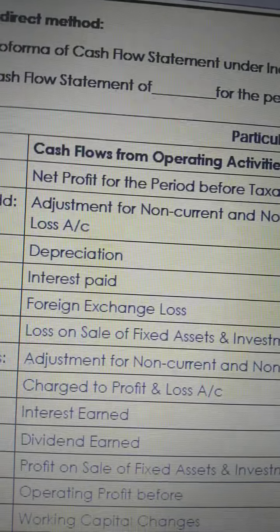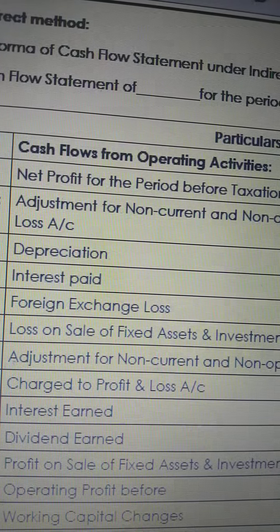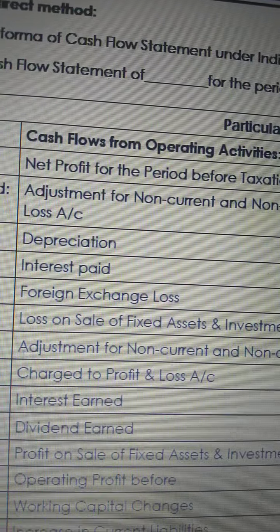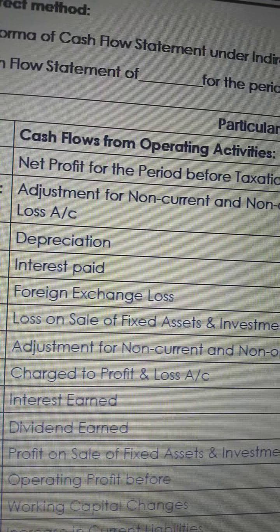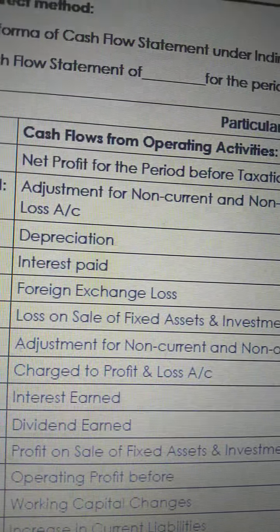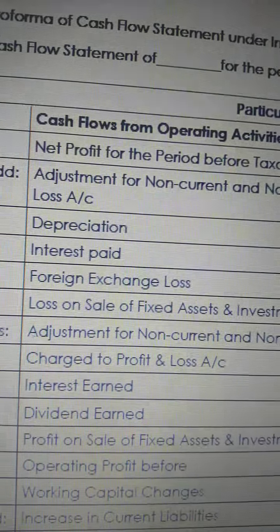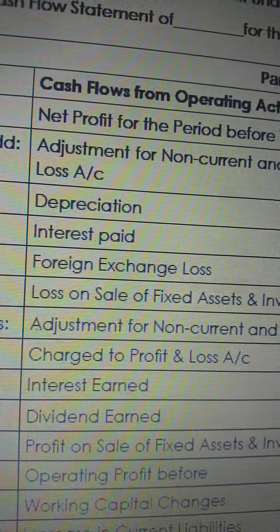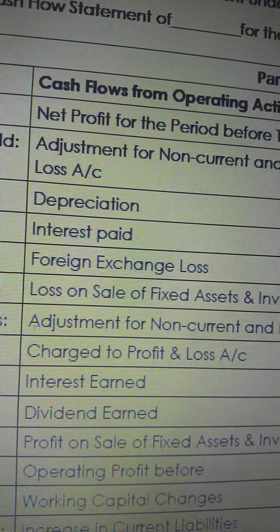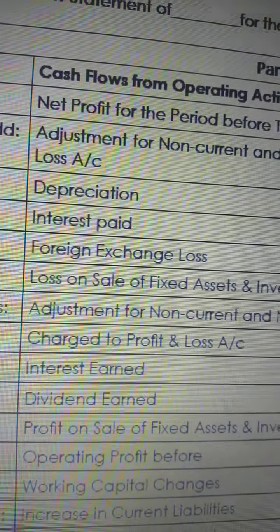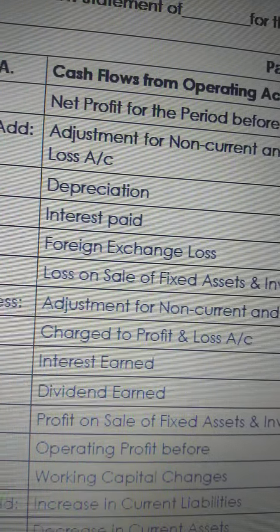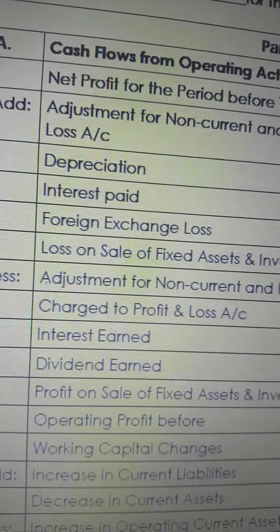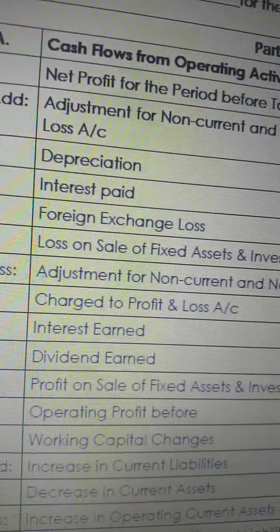Interest earned and interest received are both different things. Interest earned is what is accounted in the P&L account. Interest received is what you actually received as cash. Here we are adjusting only interest earned, because this is what is accounted in the P&L account. What is accounted in the P&L account, that only we have to reverse now. You got what I am saying? Interest earned